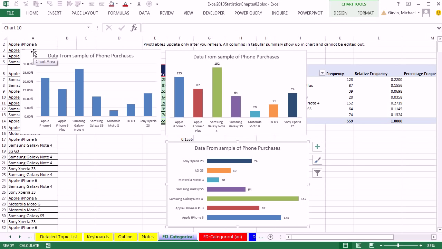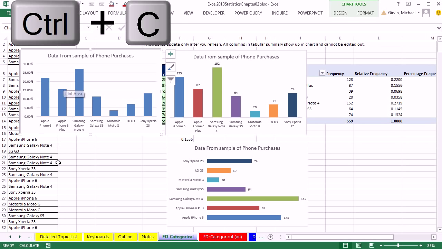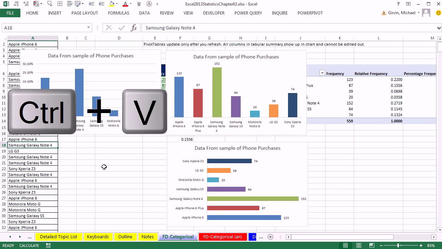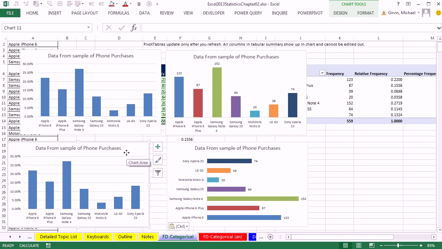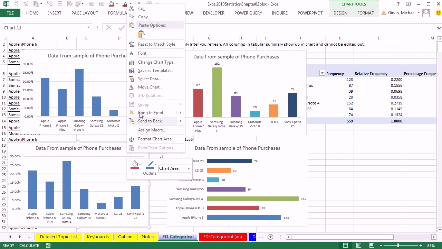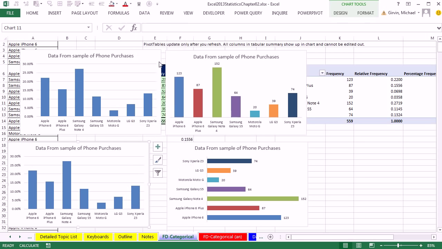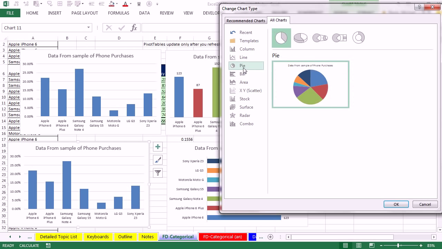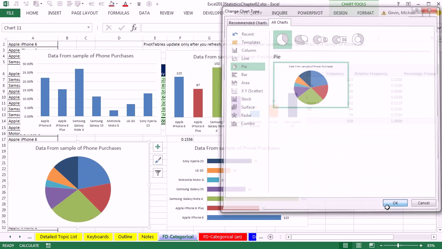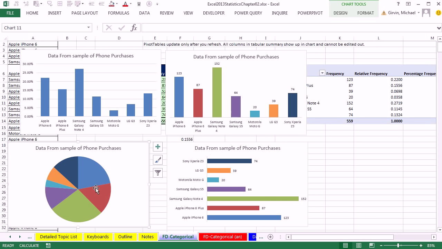Another way you can relay this information, let's copy this chart. I select the outside edge, Control-C. I click below, Control-V. Now let's right-click and let's change it to Change Chart Type. And we'll change it to a pie. Now notice the pie will come out with the automatic colors. These colors are based on the themes that you select in your workbook.